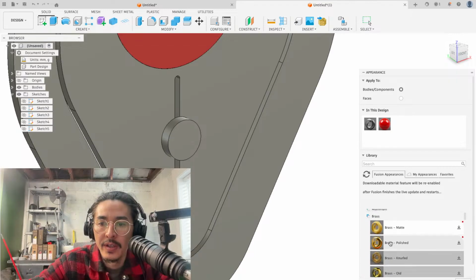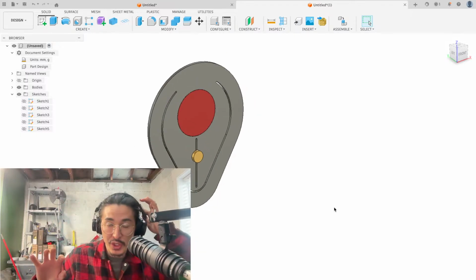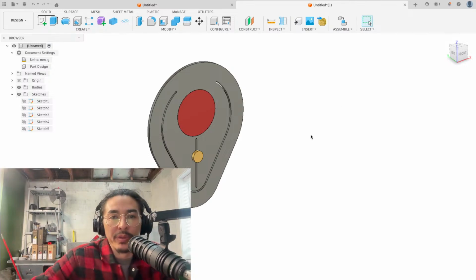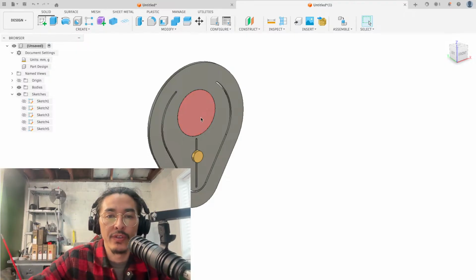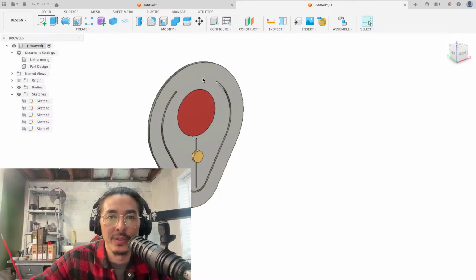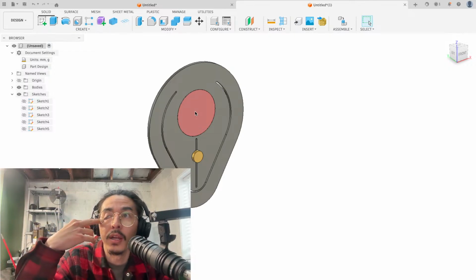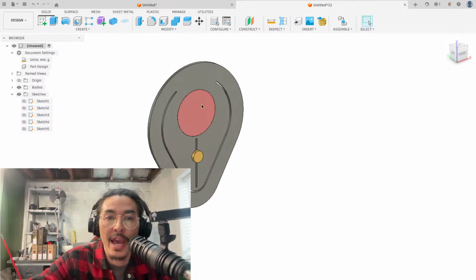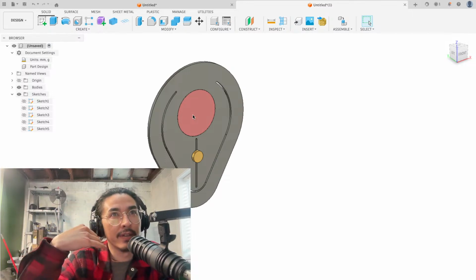Brass. Oh yeah, let's get some brass on this. Okay, so this is the first concept of the strike plate. What'll be really cool about this is with these dual nozzle 3D printers, I can fuse flexible material with rigid material. The plan will be to print the body out in rigid material that will do the vibrating, but then I can put a strike plate where I'm going to be hitting it with the beater and make that a softer thing